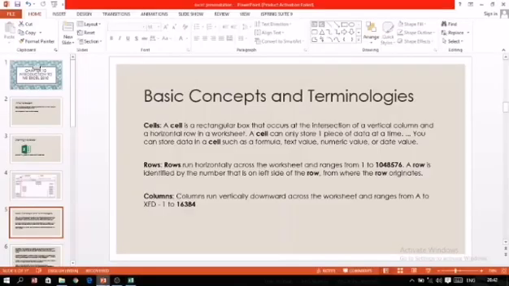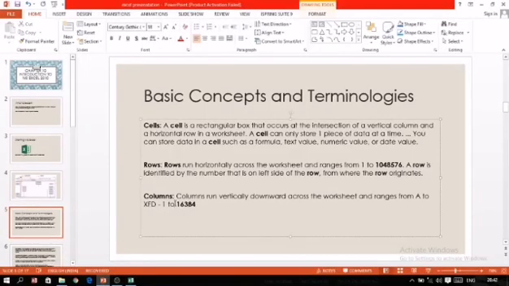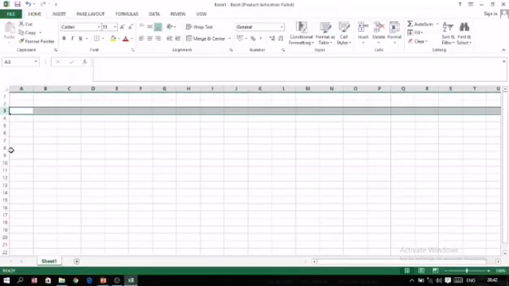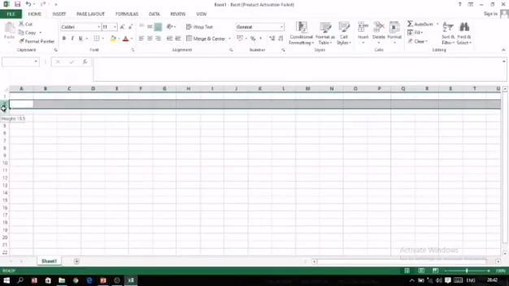The next topic is rows and columns. Rows are horizontal across the worksheet and range from 1 to 1048576. A row is identified by the number on the left side of the row from where the row originates. As I told you earlier, these are rows.